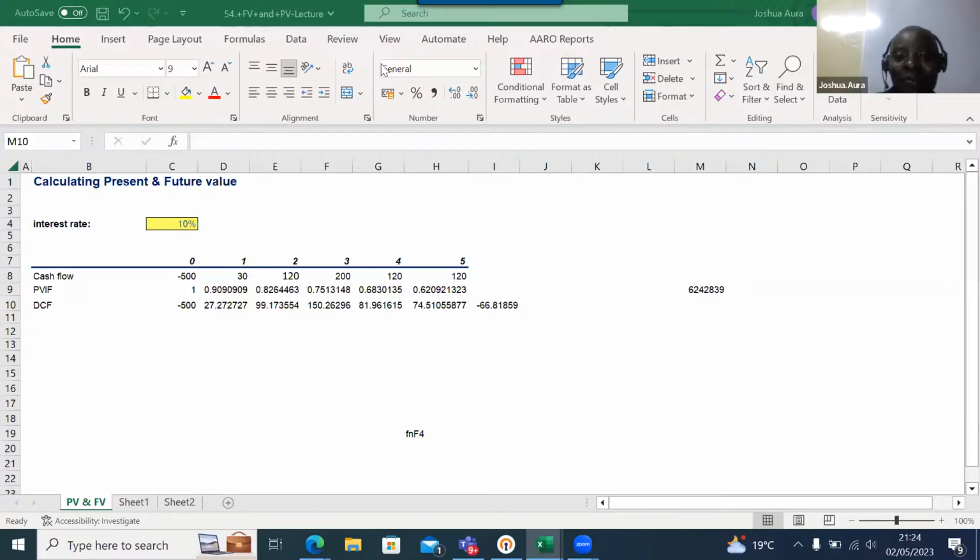I'm not getting PVIF. One last time, I repeat, PVIF. I don't know whether you guys remember the formula of PVIF. The PVIF formula is 1 plus R, and then we have raised to negative n. Raised is this button on top of number 6. So then when I come here very fast,